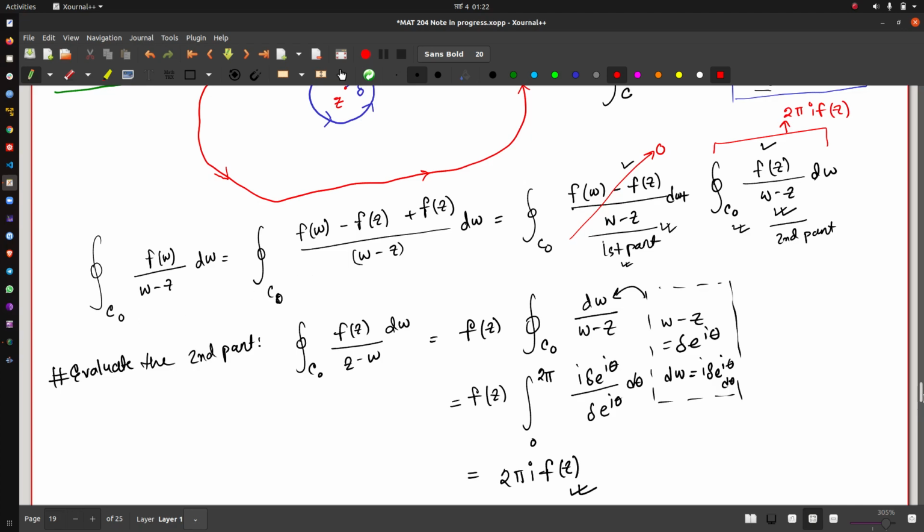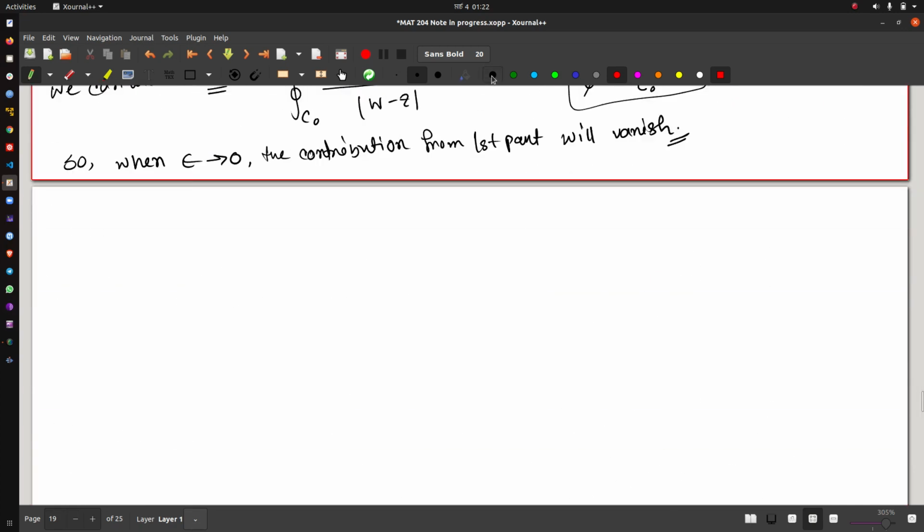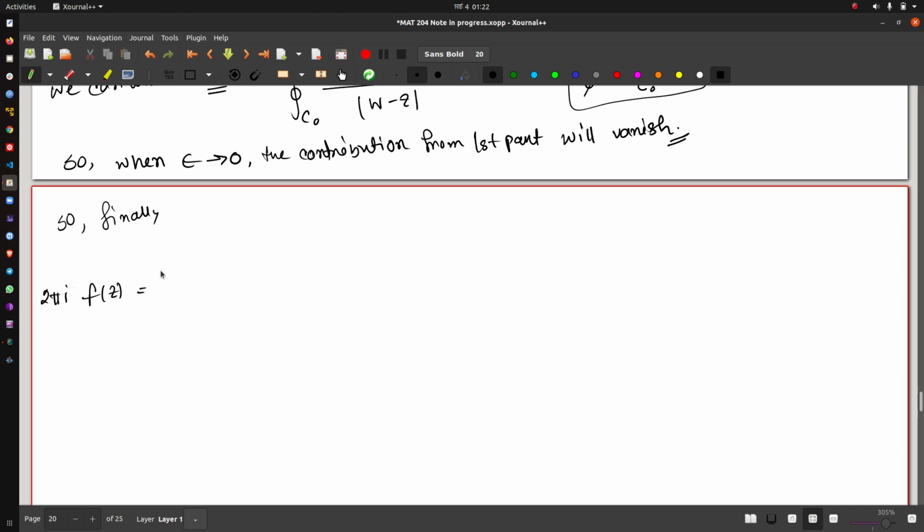So finally we can write that 2 pi i f of z is equal to the closed contour integration where you have f of w over w minus z, and there is this dw, and if you take this 2 pi i over here, it will be 1 by 2 pi i. This is the proof of Cauchy's integral formula,